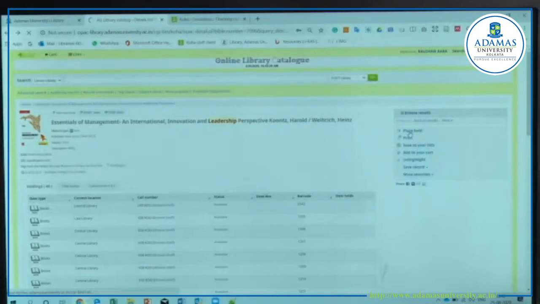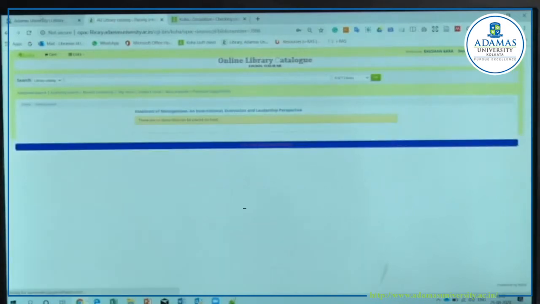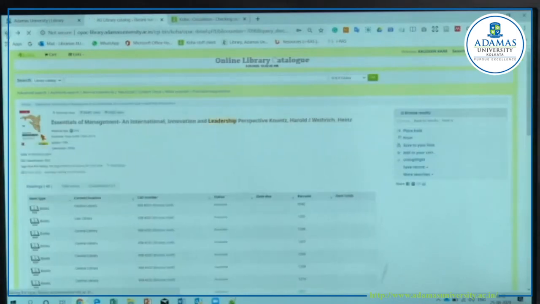If you click with the login, your books will be reserved against your name. As soon as the books come, you will get a mail that please collect the book, and within 24 hours you have to collect the book. If the books come on Saturday, you have to take it on Monday. Okay. So like this way,